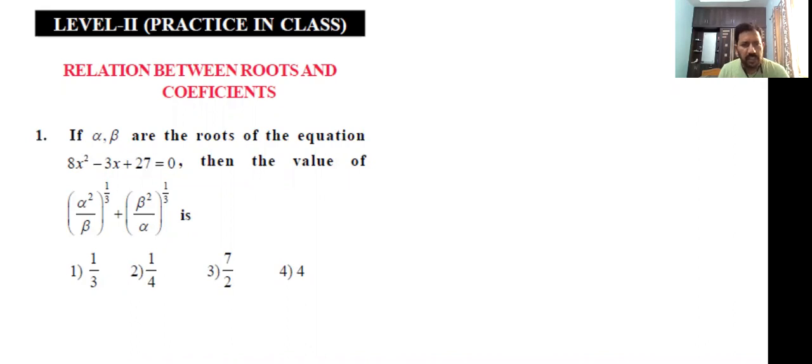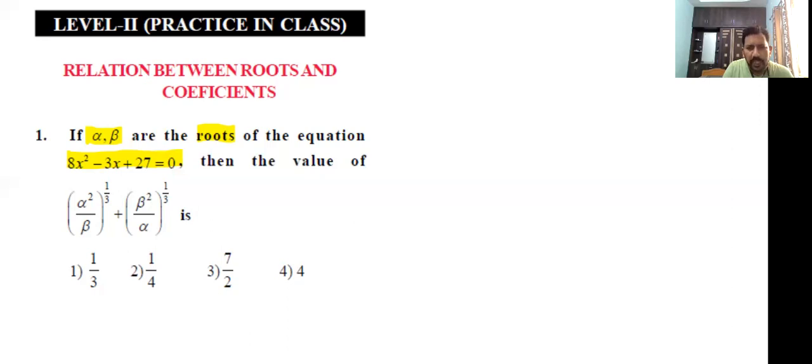Now I am going to discuss level 2 problems in quadratic equations. See here what they are giving. Alpha, beta are roots of the quadratic equation. Then the value of